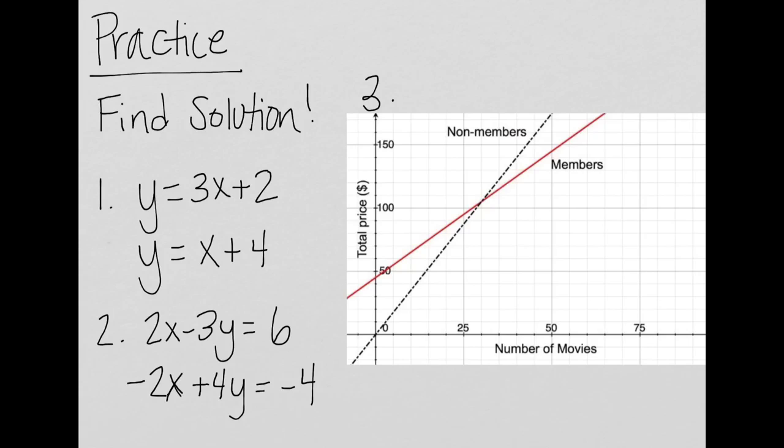Number 3, this is a real-world context problem of where you would see systems, and we can just imagine maybe this is non-members of a movie club versus members of a movie club where you get discounts. Because we're talking about, if you read the graph, we've got number of movies on the x-axis, price for the movies on the y, and